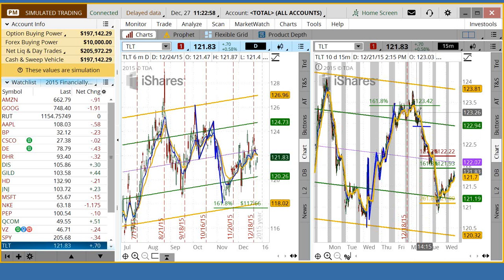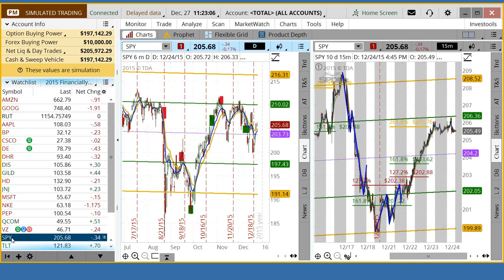It's this combination that is very powerful. Now, at the same time this was going on with TLT, SPY was doing a similar thing, and you can take a look at SPY. It came all the way down here to the -2. There's your measured move right here. It was after hours, so you wait till about 10 o'clock the next day, you could get in here, and then it went all the way up here to the 261